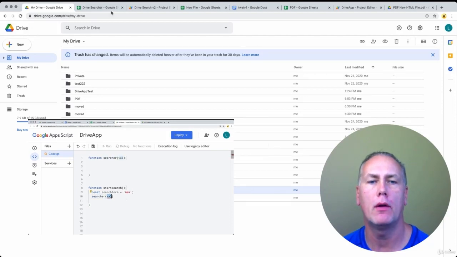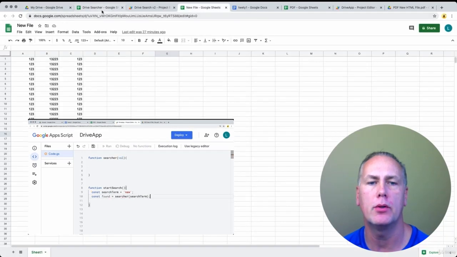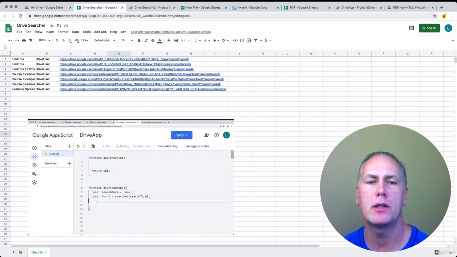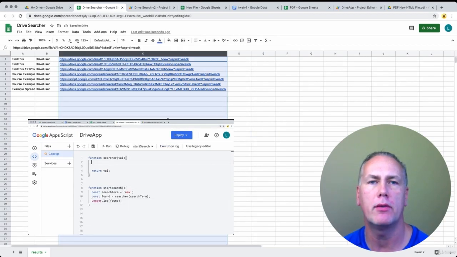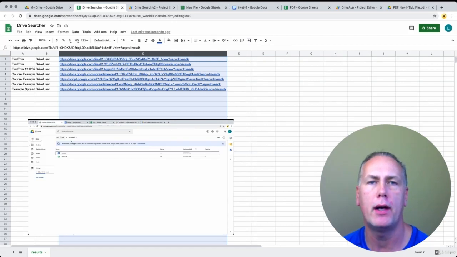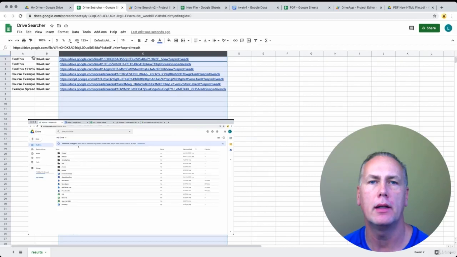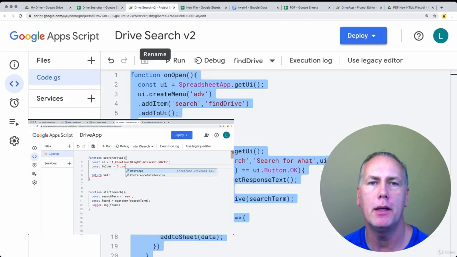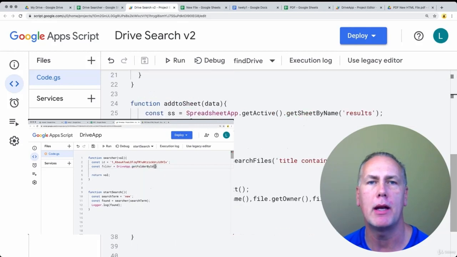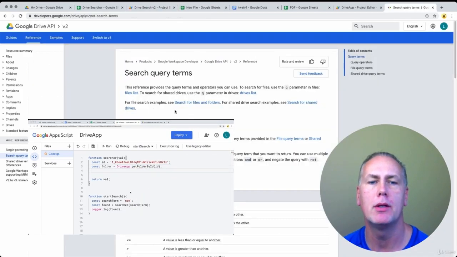So covering all of the amazing things that you can do with the Google Drive service, and the service allows scripts to create, find, modify files and folders within the Google Drive. So we're going to be selecting different files, different folders, iterating through the contents of those files and those folders, selecting the file objects, folder objects, updating, manipulating, copying them, getting IDs, getting information on them, listing them out, creating